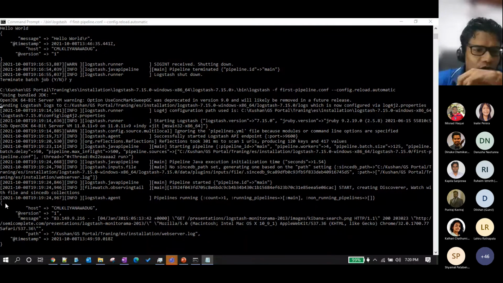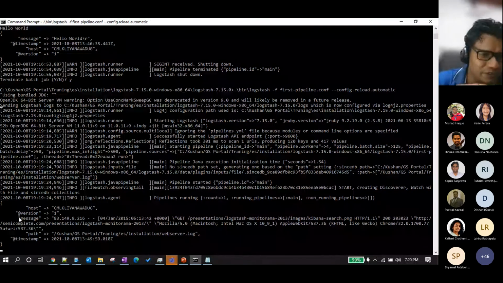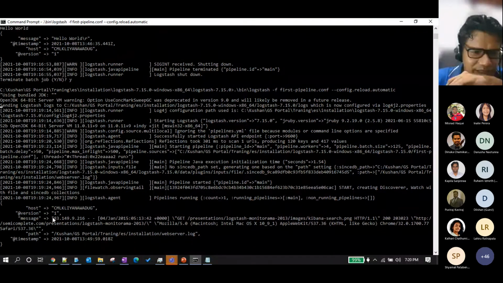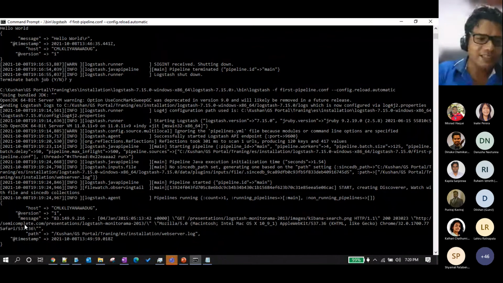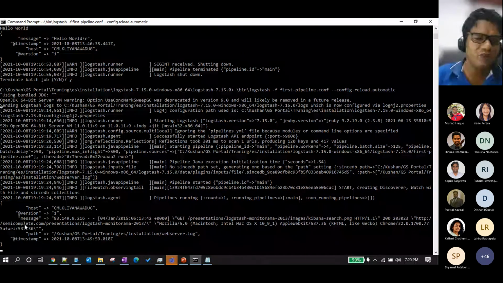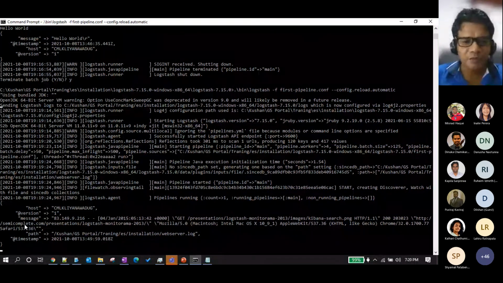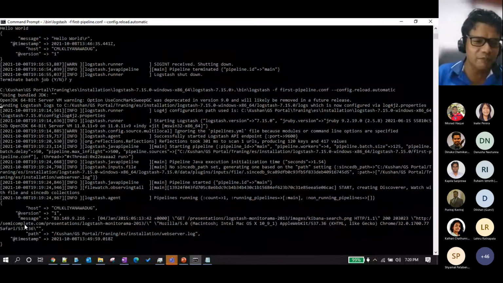Now you can see that my particular log snippet has been written in the message. But this is not the professional way of doing it, because everything is put in as a single sentence, into a single message. If you output into Elasticsearch this way, it is very difficult to do the query, because the document only has a field called message.